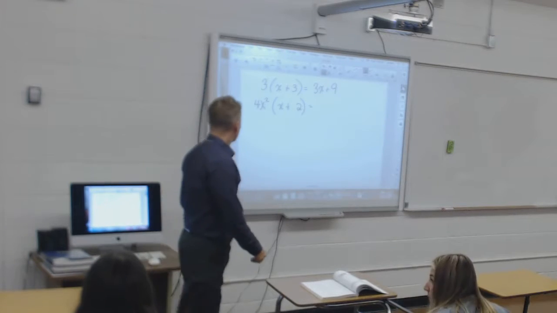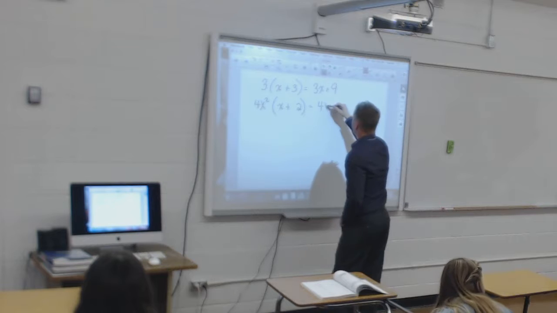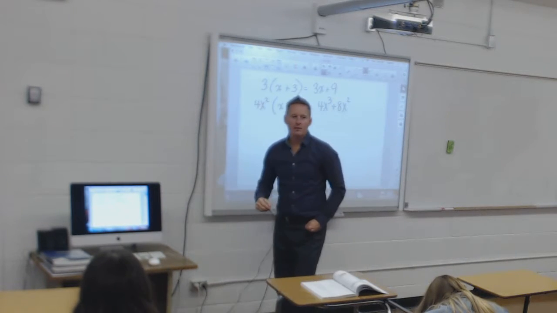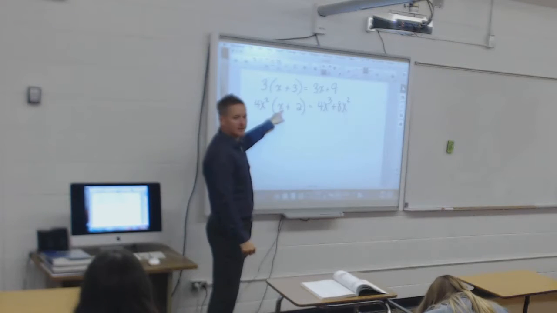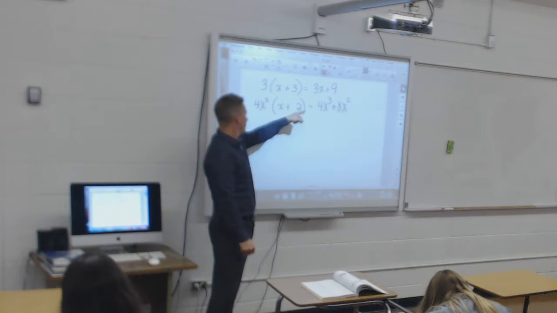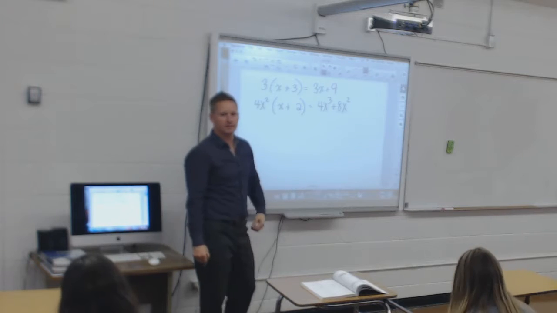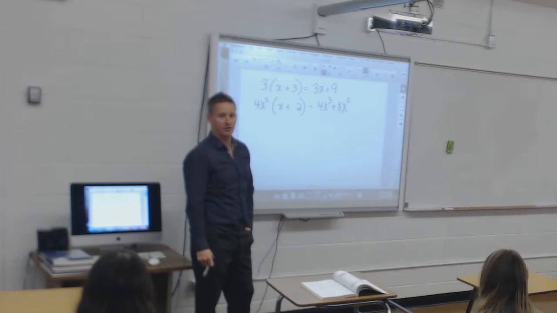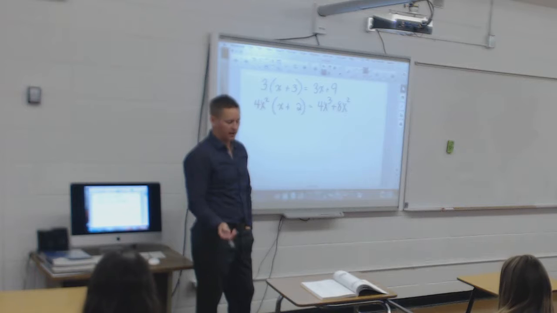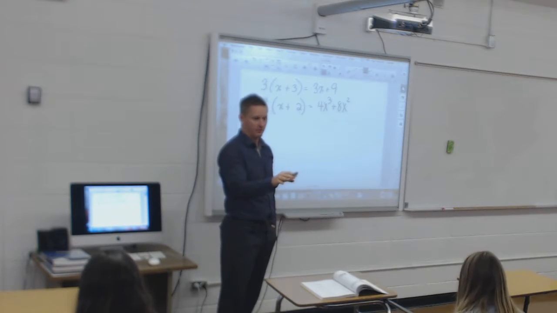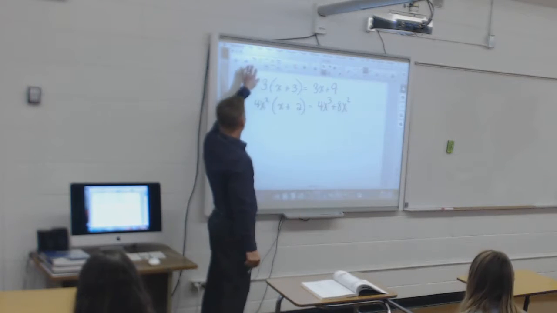Okay. You got it? 4x cubed plus 8x squared. Say x squared. Okay, good. All right. 4x squared times x. X squared times x is x cubed, right? 4x squared times 2. 4 times 2 is 8. So that's 8x squared. Follow that? You okay? Because I've got to take it to the next level, so you've got to know that. All right. Okay, now,